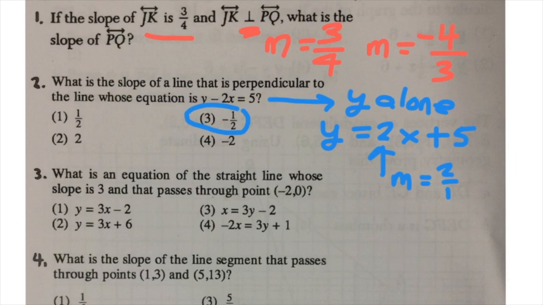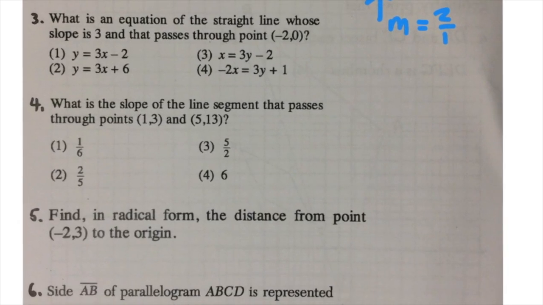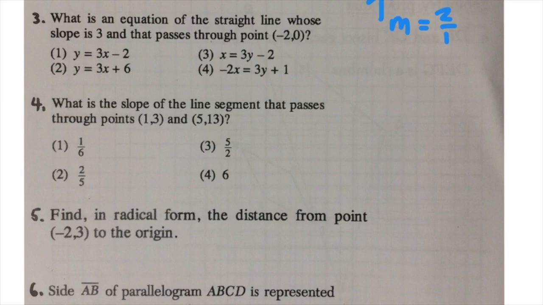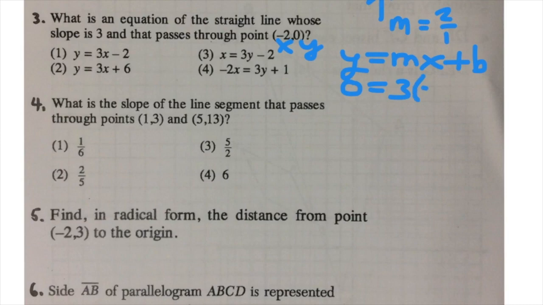For question number 3, what is the equation of a straight line whose slope is 3 and passes through that particular point? So we're going to want to come up with a y equals mx plus b. We know what the slope is, but we don't know what the y-intercept is. So the ingredient that's missing is the y-intercept, or the b. They're telling me that the x is negative 2 and the y is 0. And they're telling me the slope is 3. So I put those 3 numbers into this little equation